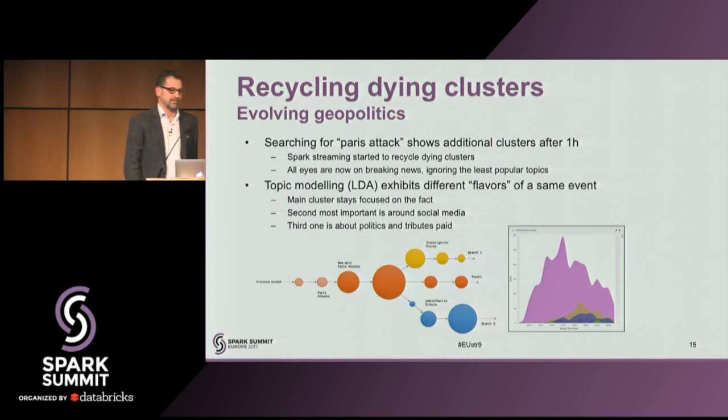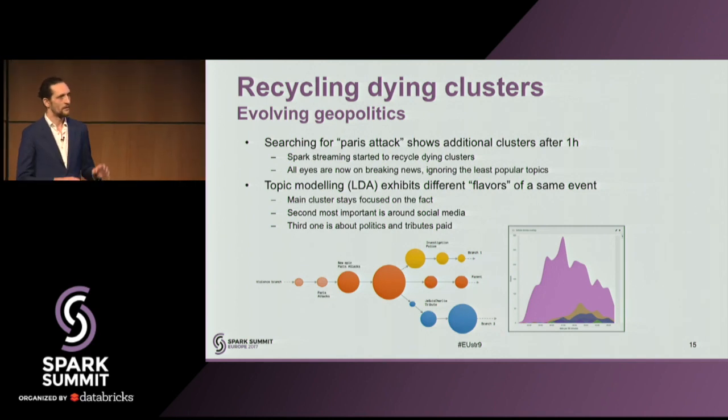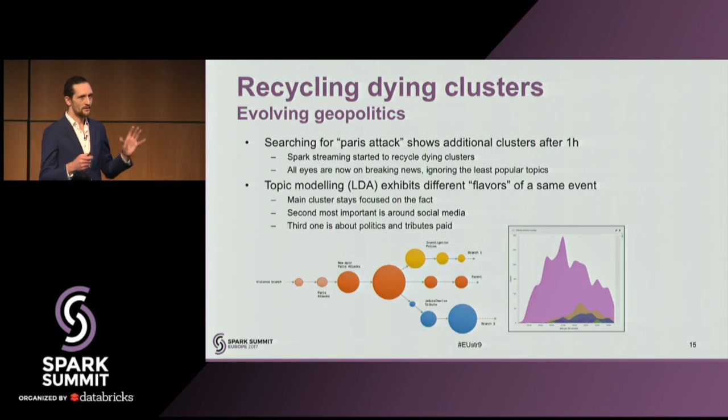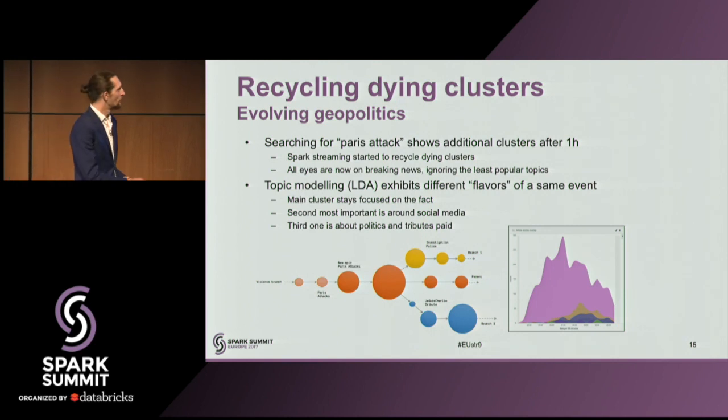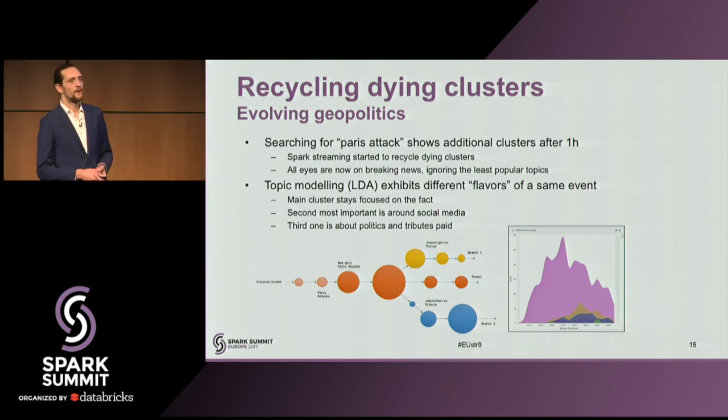So if you can see in that picture, basically we can say this nice purple cluster is consistent. Everything is related to the Paris attack. But do all Paris attack related articles belong to that cluster? We do a simple keyword search. Remember that we get all our content in Elasticsearch as well. Search for Paris. Exactly 1 hour after the first breaking news happened, I see additional clusters popping up. What does that mean here? 1 hour is my